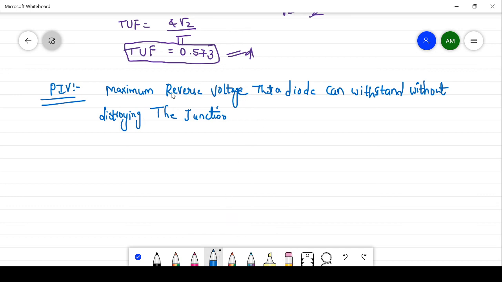Okay, so next, the maximum voltage across the half wave secondary winding is Vm. See here, what is the input of the full wave rectifier? This is the input of the full wave rectifier. The maximum voltage is Vm, and the reverse voltage is minus Vm. The maximum voltage across the half secondary winding is Vm. This is the first half, this is the second half, and the peak voltage is also Vm.